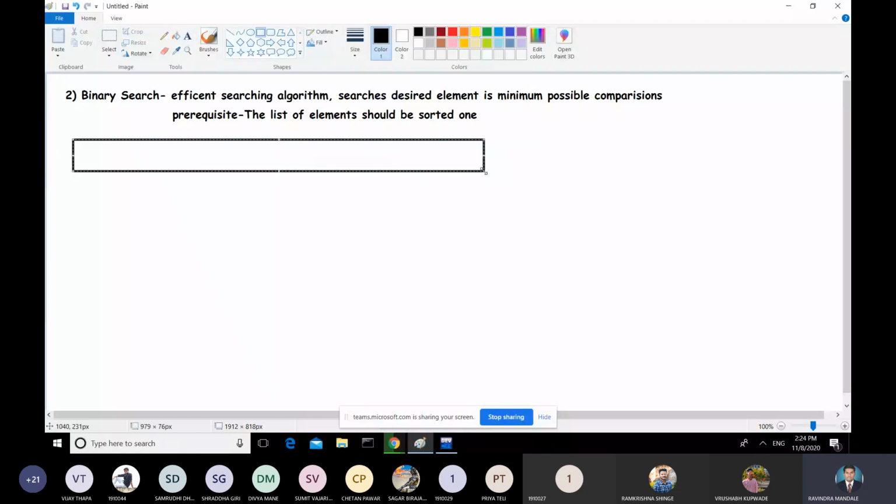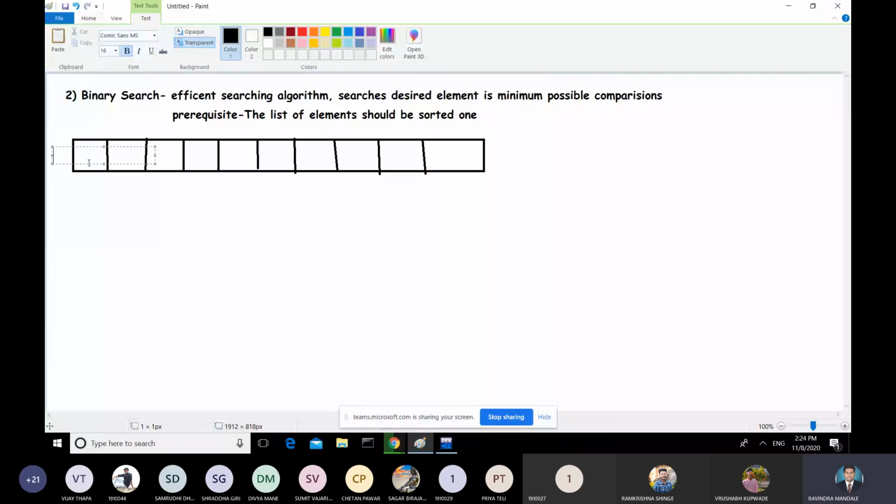Before that, I will take one array of size 10. This is the array and the array name is A. I'm considering there are 10 elements, so these are the indices.